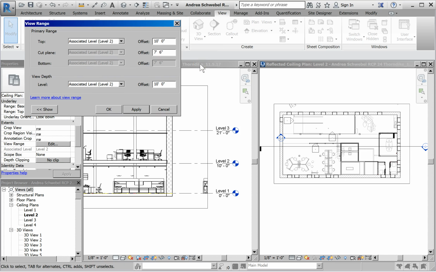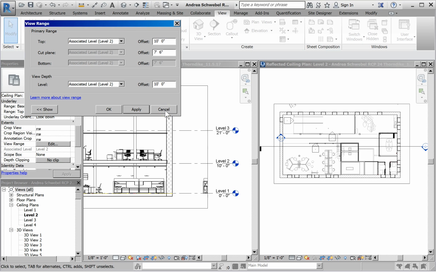I'm picking up where we left off, so there might be a little interruption in the recording. So here, this is a view range and what it's telling me. Revit achieves a high point in counterintuition here. Consider this. View depth. It's saying the top of my view is 10 feet, and that's 10 feet from level 2. So level 2 is at 10 feet, so 10 feet plus 10 feet is 20 feet. Level 3 is at 21 feet. So it's saying,